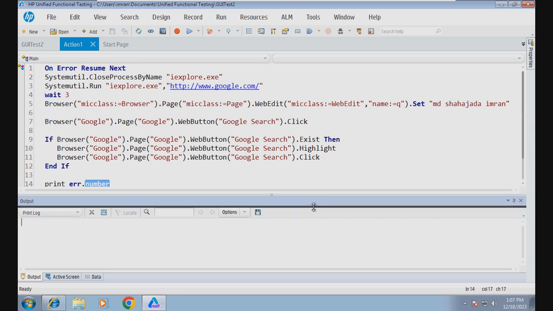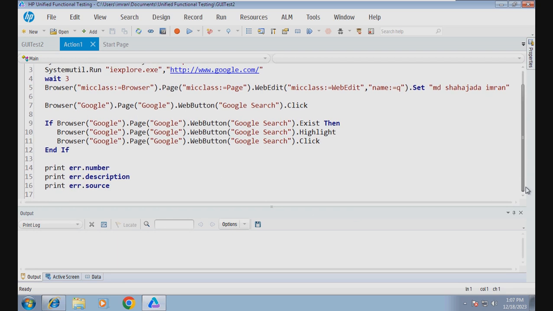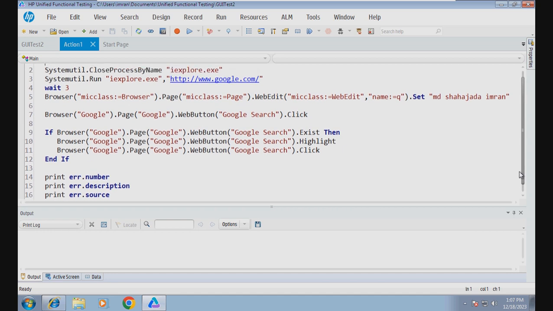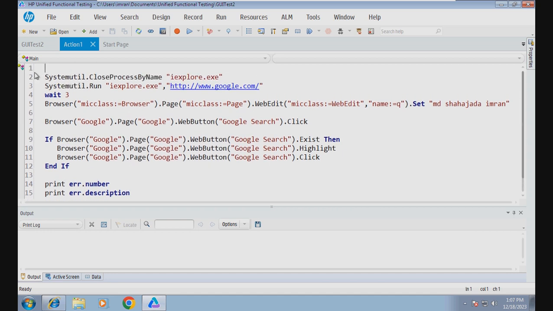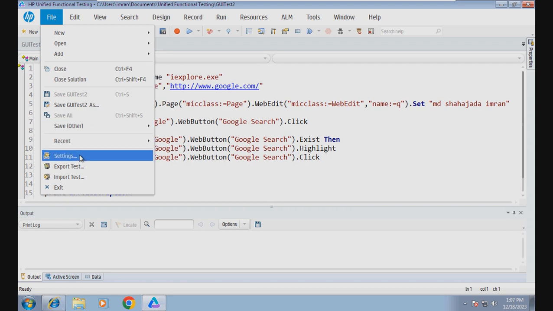So we know that on error go to 0 does one thing, that is ignore the runtime error and proceed to the next step. But on error go to 0 will execute the default test run setting. So what is the default test run setting? That I have to check, because the default test run setting has variety. So let me check File, Settings,